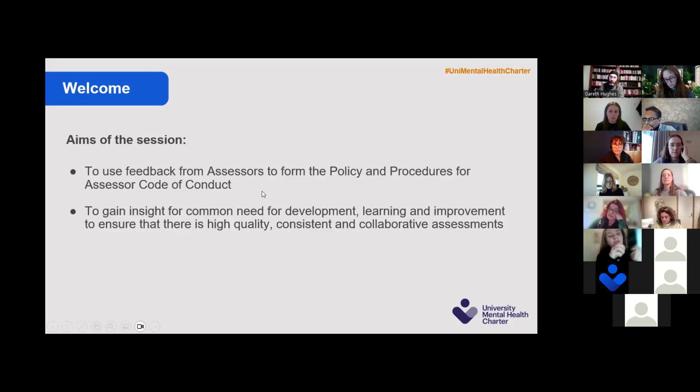And so we want to just firm up, as we've been doing over the last 6 months or so, some of our processes, and this is part of the work. So this will be going in the assessor handbook that we're creating, because we appreciate at the moment, as assessors, you're using the award handbook that is written for the audience of the universities themselves. So we want to create something that's actually got a bit of that shift to you all.